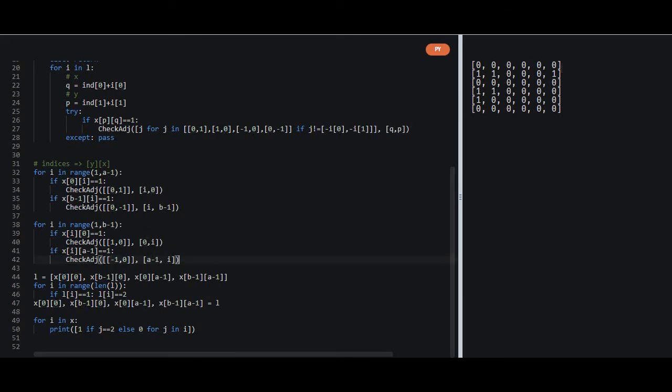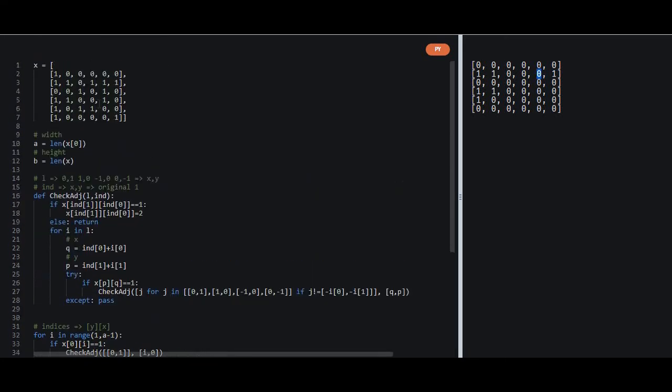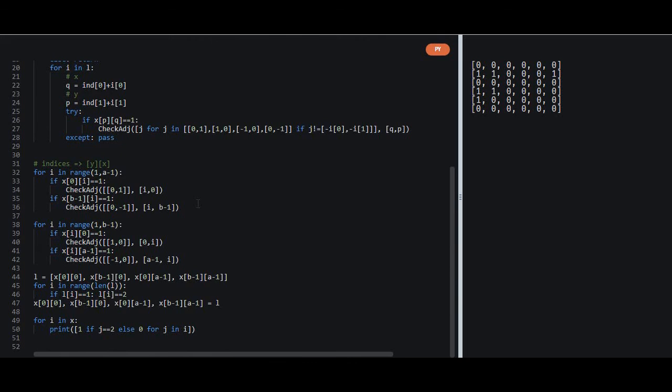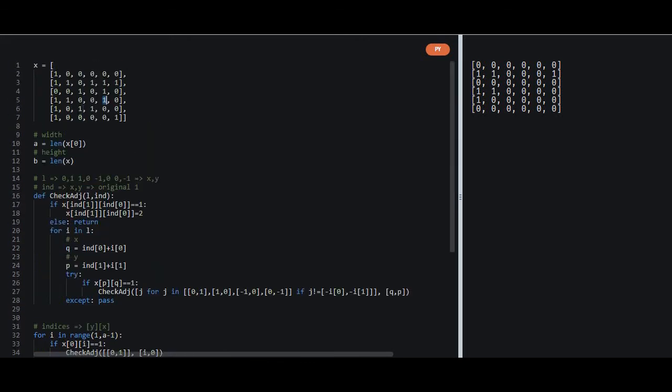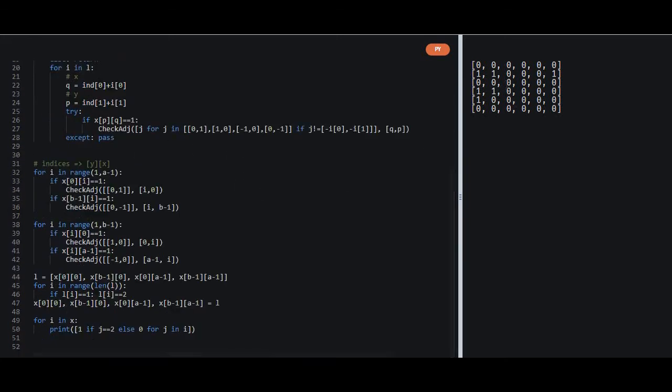So for the last column, we have seen that this one shouldn't have been removed. This shouldn't have been removed. Not even this, and not even this shouldn't have been removed. Only this, and this. These three should have been removed. So these three have been removed, but we are facing some problem in the last row, so we will check for the last row. This is for the last column, sorry.